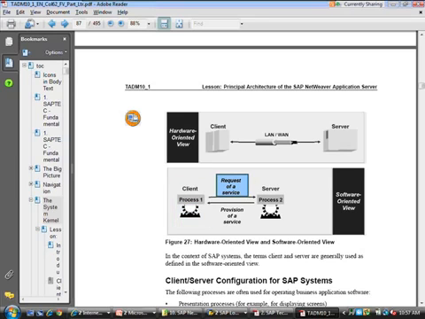As long as we have a process which is provisioning a service or providing data back or providing results back, it is a server. So that's the software-oriented viewpoint.